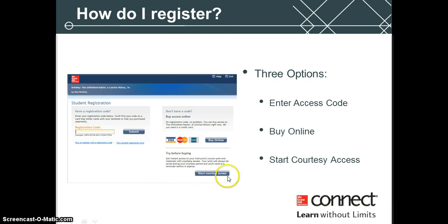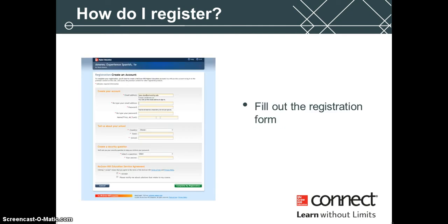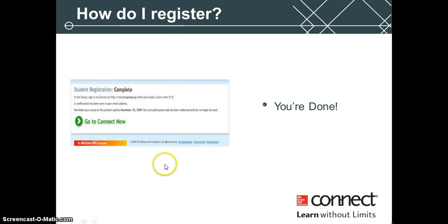McGraw-Hill, in the meantime, will provide you with 2 weeks of courtesy access to Connect, providing you access to both the e-textbook as well as all the workbook and lab manual assignments housed in Connect. At the end of those 2 weeks, you will need to acquire a Connect access code either through the bookstore or by your third option here, buying online directly from McGraw-Hill. The price of the text online is $130, and it does contain the e-text as well as the access to the workbook and lab manual assignments. Everyone will create an account in Connect, first name, last name, security question, security answer, password, etc., and you're all